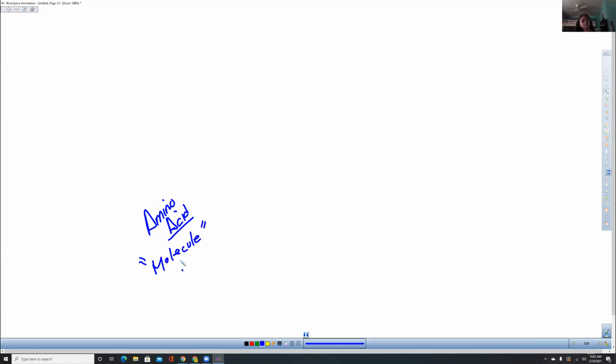Now, who remembers what this molecule looks like? What does this molecule look like? What do you guys think? How many parts did it have? 3. It did. It had 3 parts. So give me the 3 parts, somebody. The amino group, the carboxyl group, and the R group. Okay, so let's go with Valerie on this one. Valerie, what are the 3 parts? The amino group, the R group, and the carboxyl group.